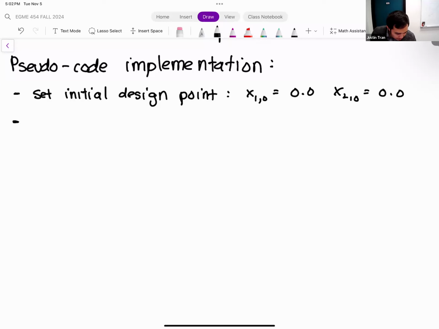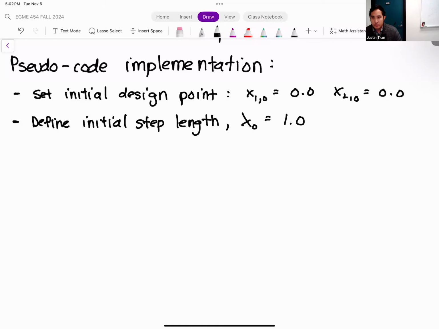Next, we need to define the initial step length. Remember, that was another line of code in the code that we just ran. All right, next we need to define max iterations.